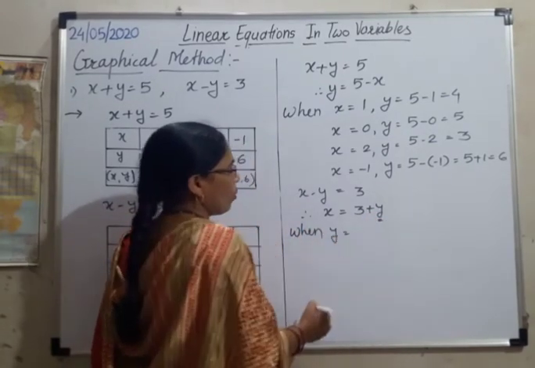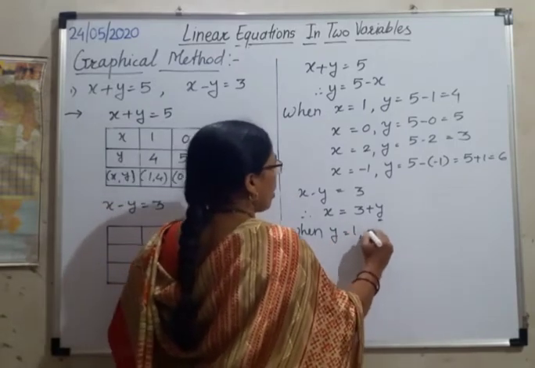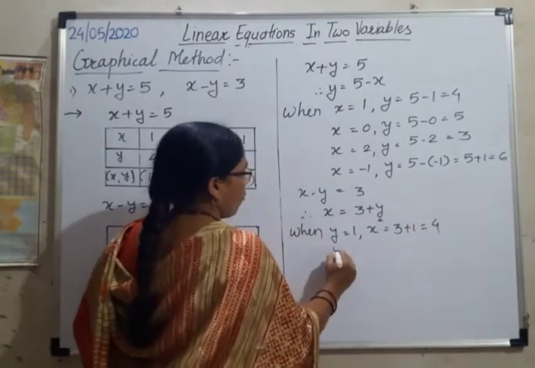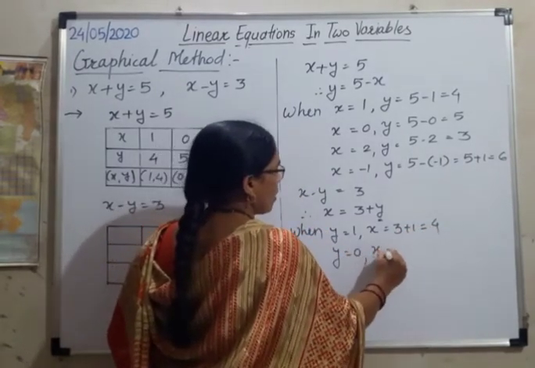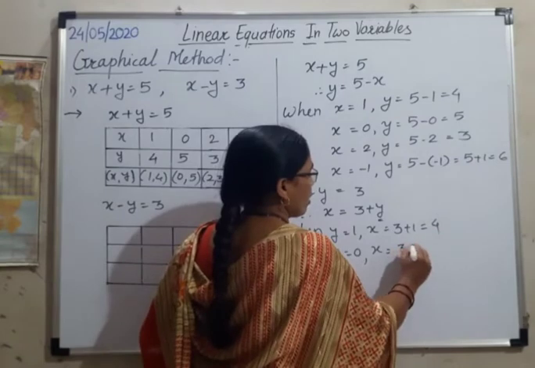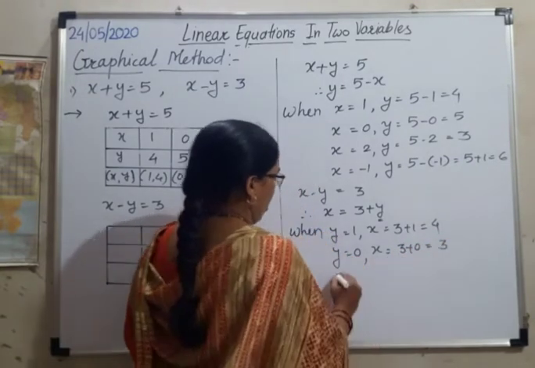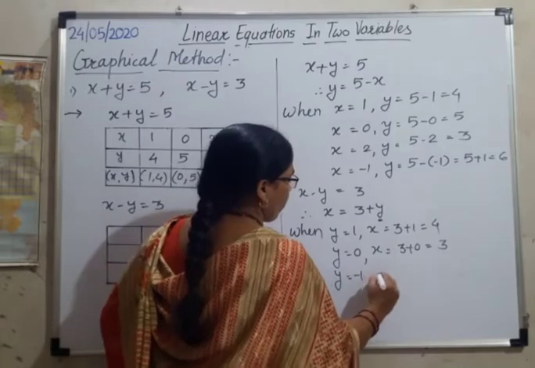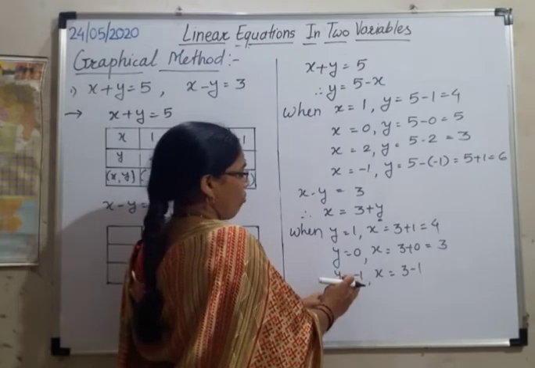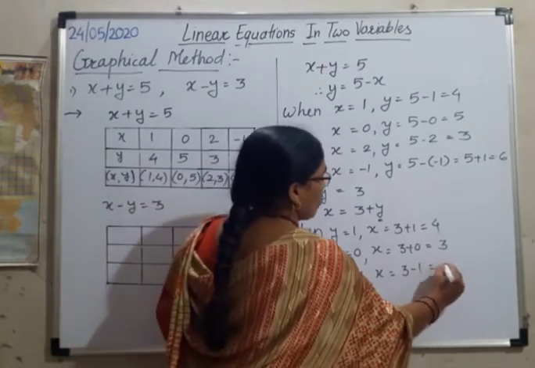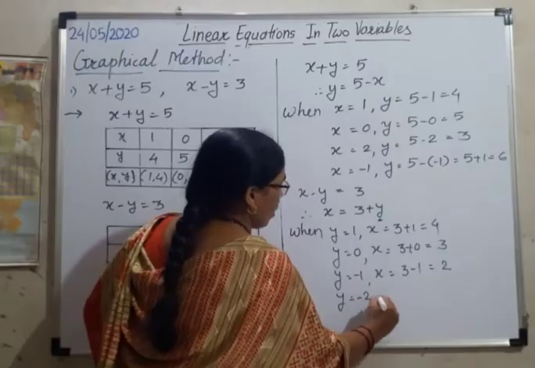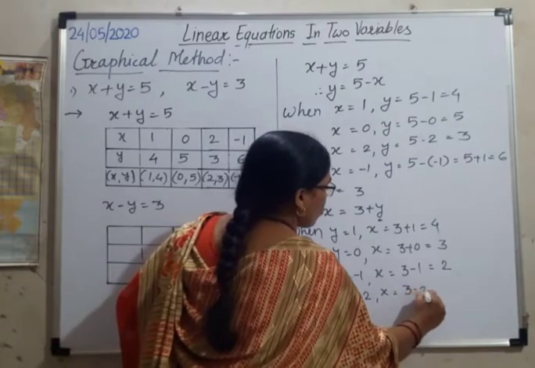When y is equal to 1, then x is equal to 3 plus 1, which is equal to 4. When y is equal to 0, then x is equal to 3 plus 0, which is equal to 3. When y is equal to minus 1, then x is equal to 3 minus 1. We are just substituting the value of y in this equation. So it is equal to 2. And when y is equal to minus 2, then x is equal to 3 minus 2, which is equal to